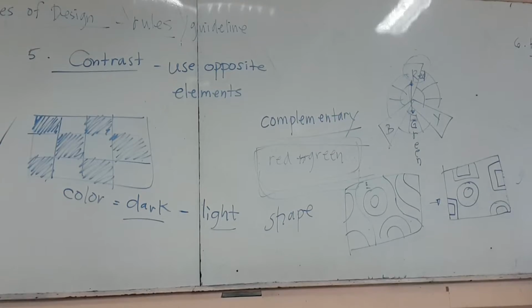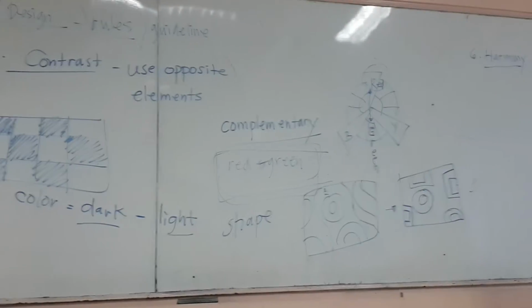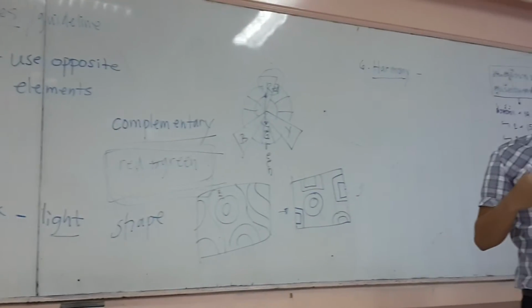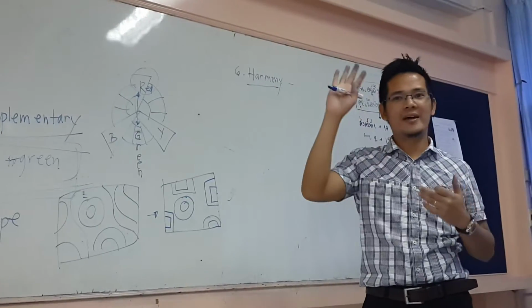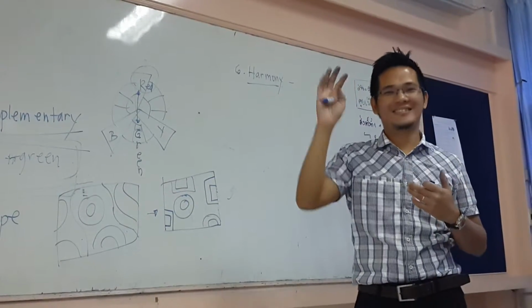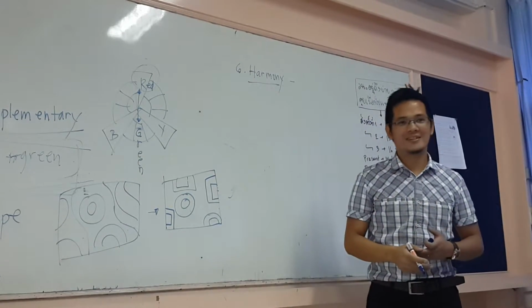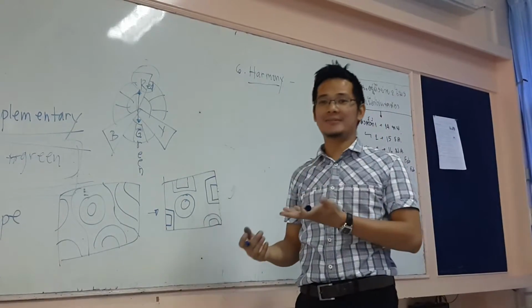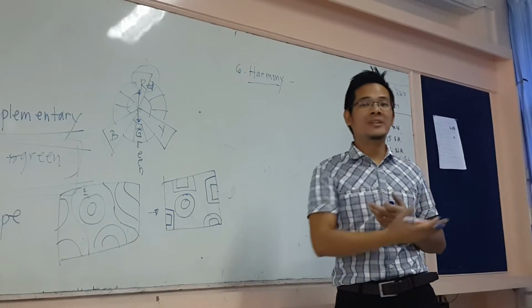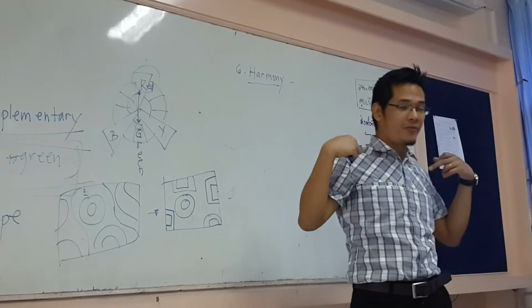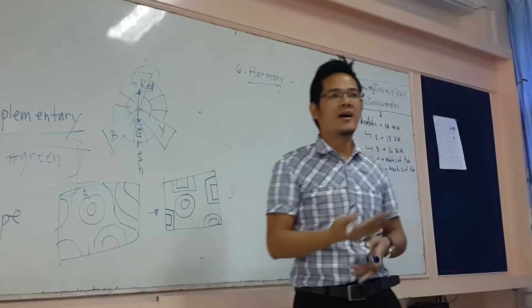You are all Asian. You have black hair. Who has blonde hair? Naturally blonde. No, all of us have black hair. So there's harmony here, and everybody wears the uniform. There's harmony